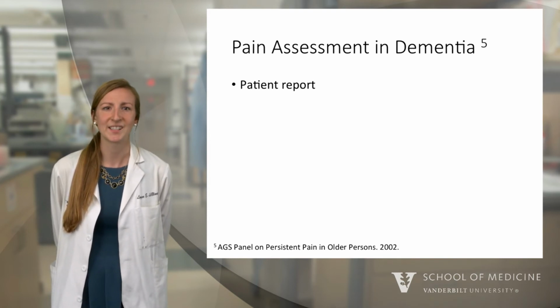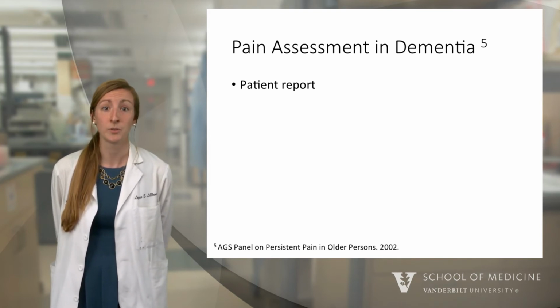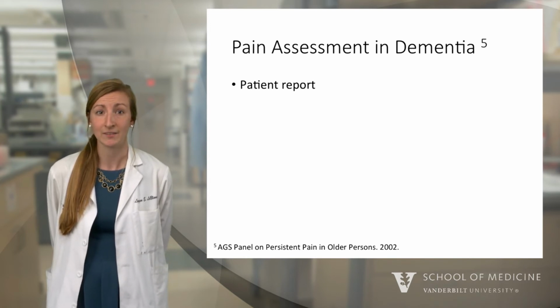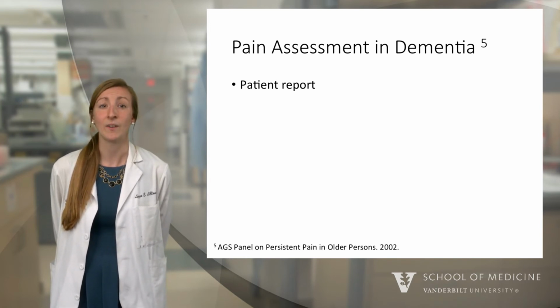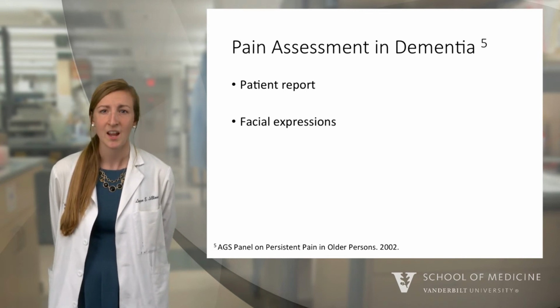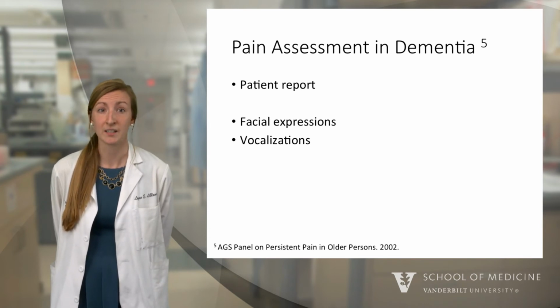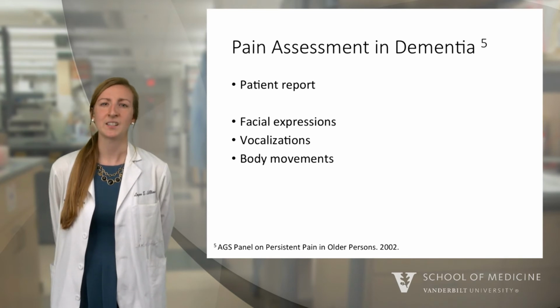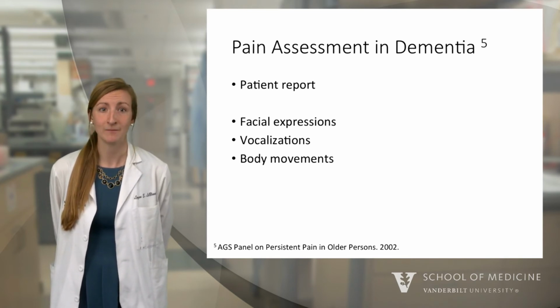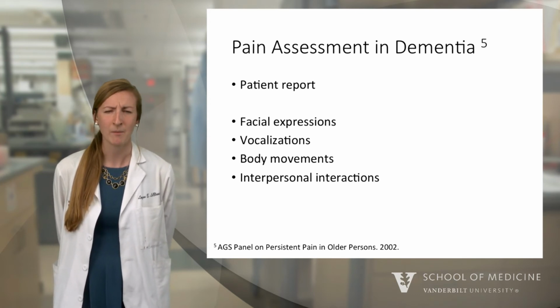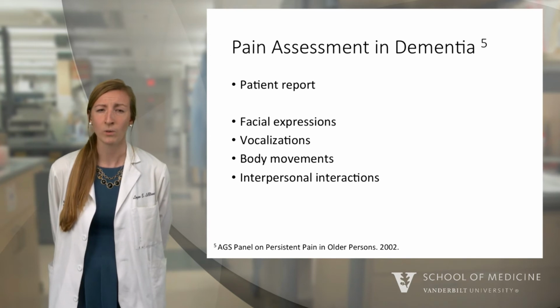The American Geriatrics Society Panel on Persistent Pain in Older Persons outlines 6 areas that should be incorporated into behavioral pain assessment charts in order to increase their sensitivity. These areas are as follows: facial expressions, such as grimacing or frowning; vocalizations, such as verbal abuse or expletives, repetitive requests for help, moaning or grunting; body movements, such as rigidity, guarding, or agitation; altered interpersonal interactions, including decreased social interactions, combative or aggressive behaviors, or resisting care;